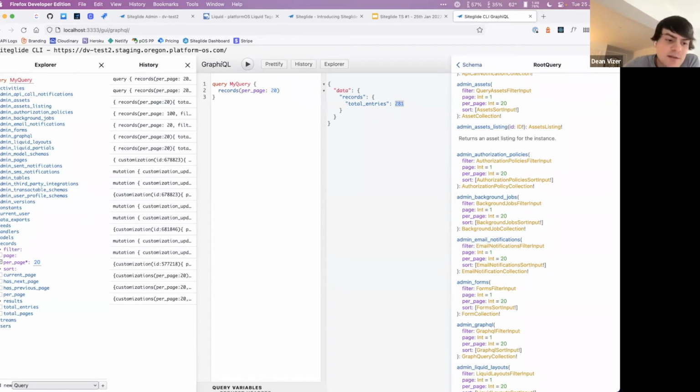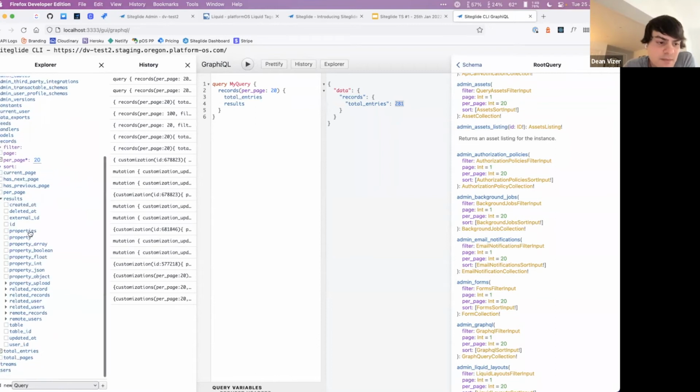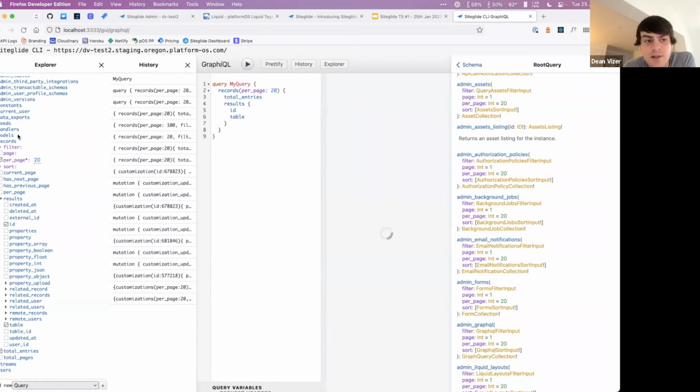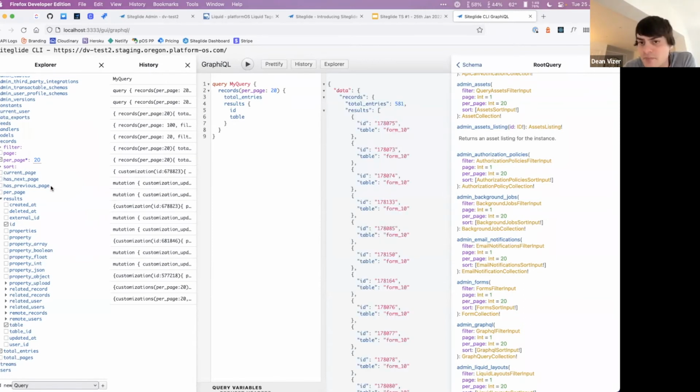I can then go in and change these. So 20, for example, and it will update the query, obviously. And then as an output, say I'd like total entries and the ID and the table. So we want to know what the ID is of each result and what database it sits within. And using this left-hand side, Explorer will always write valid GraphQL because obviously it knows the format it's meant to be in. So this is incredibly useful for looking up data that even may not be in the system. You could have custom databases, testing graph queries before adding them to the site via CLI, before syncing them,